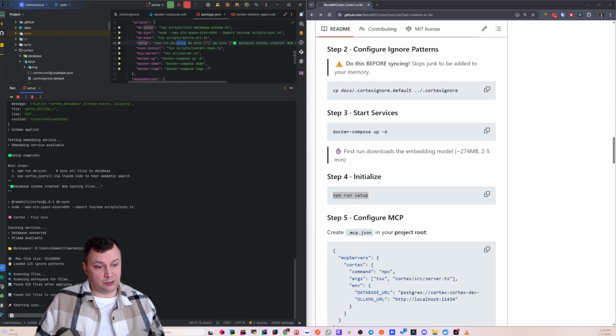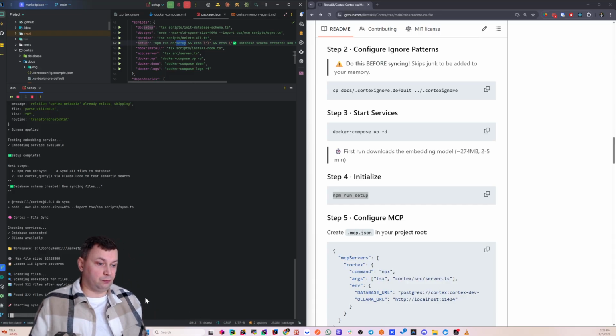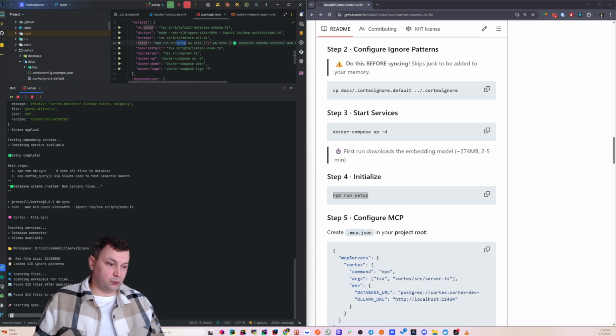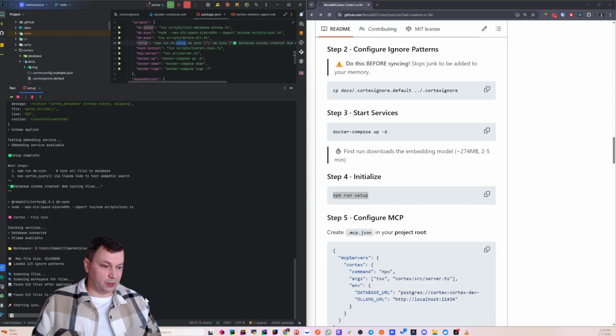What's nice about this process is that if it fails, I can just stop it right now and continue from scratch. It won't be broken. We will not continue from the very beginning because all the files are indexed there. If you synced a file already, it will remember that this file was synced. You don't have to sync it twice. So the process will continue. And yeah, this is how it's going to work. After that,